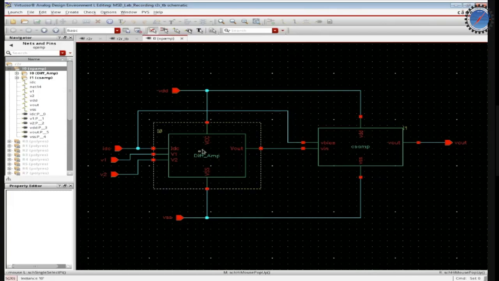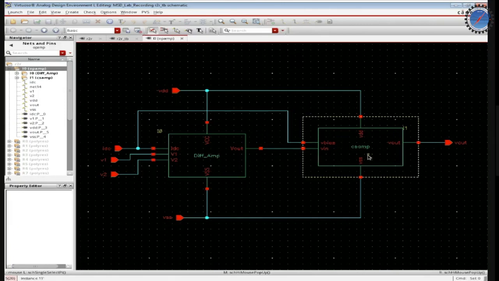The gain is essentially given by the differential amplifier. For the particular design we have used, we get a gain of about 100 from the differential amplifier. And the common source can give gains of up to 5 or 10 based on how you design it. Then we have the power source VDD and VSS for the negative power supply. So that is the structure of the op amp. Again, it's a differential input and a single-ended output.